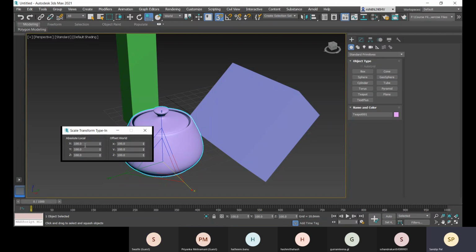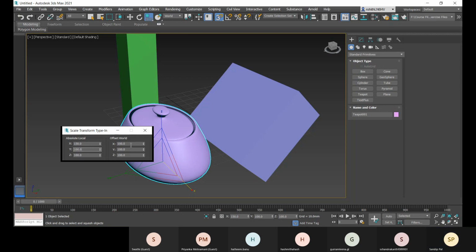So if I go with 150 here in absolute, you see that it is applied in the X direction, and it is not applied in Y and Z direction.